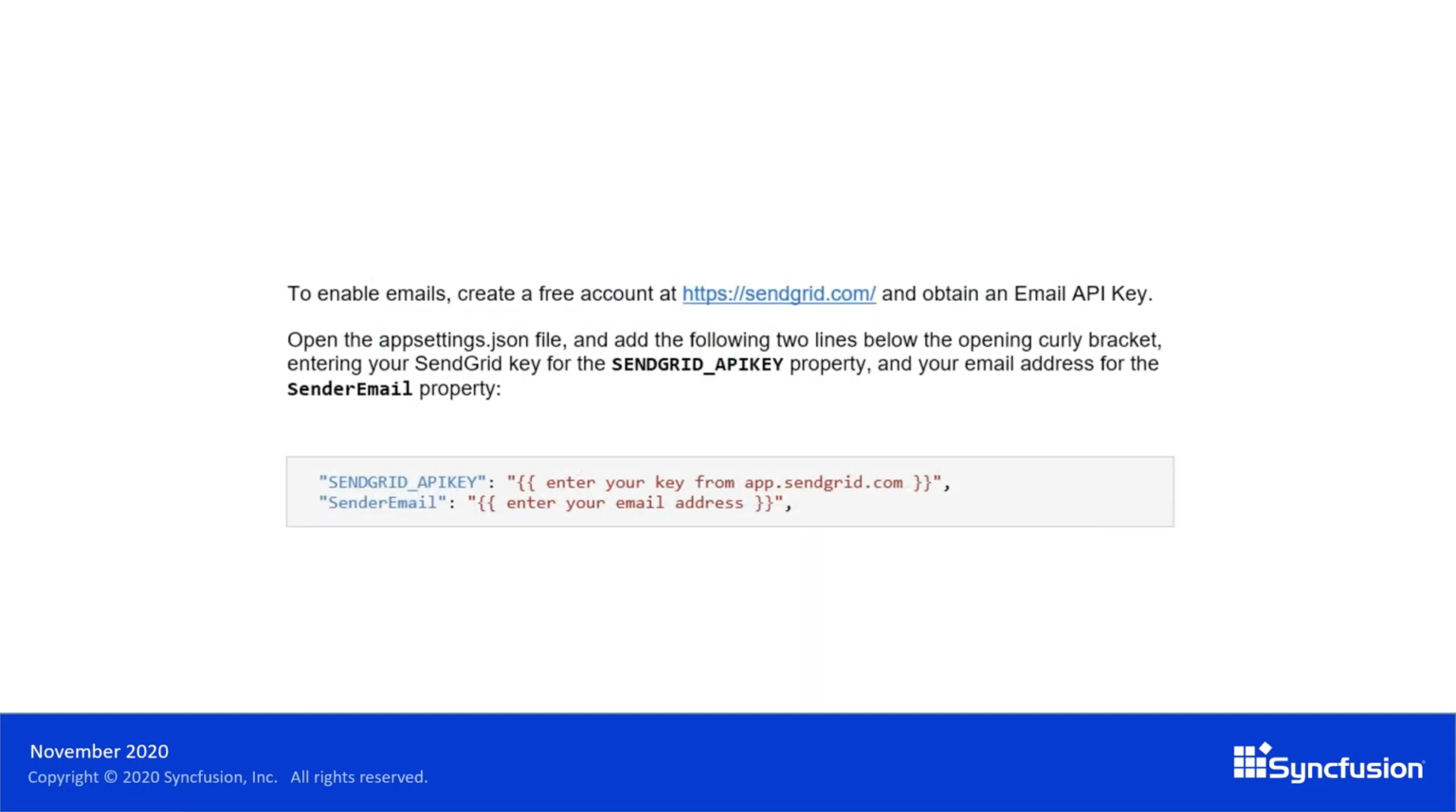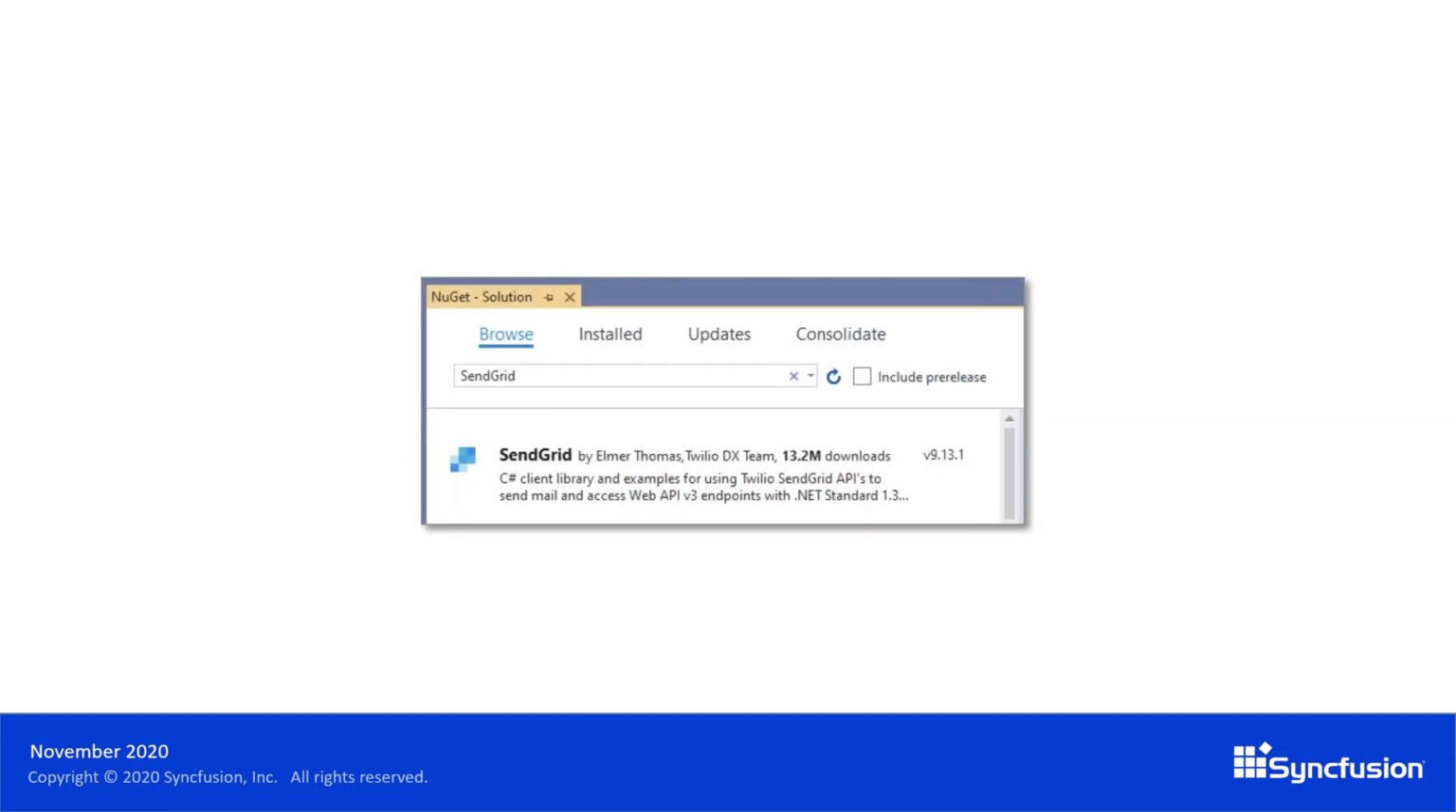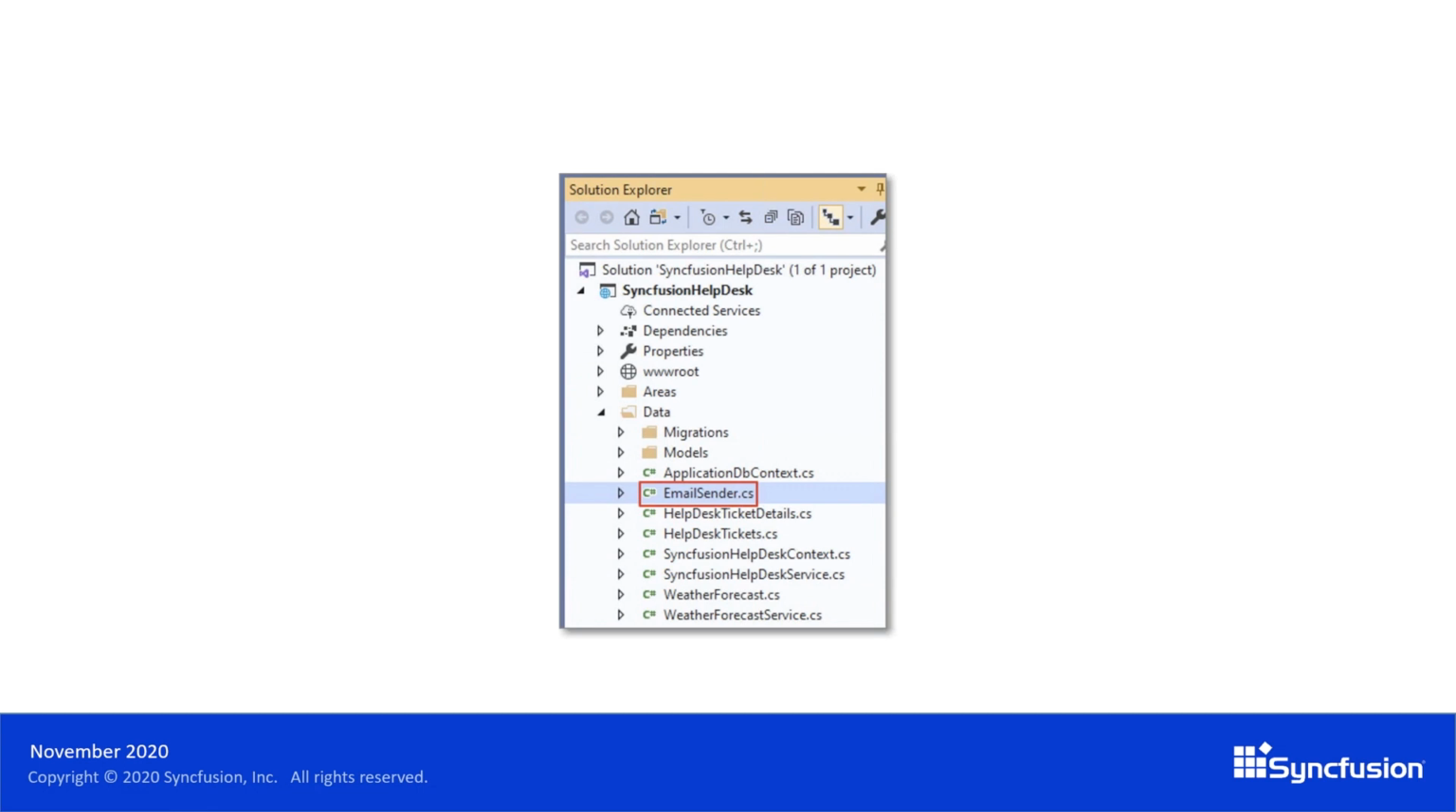To implement this, if you go to SendGrid, you can get a free license key. I think it allows you to do like 30,000 emails a month or something. So you can go there, get a free key, and in the sample code, there's a property in the app settings where you can put in that key and your sender email, and that sets that part up. To implement SendGrid, you just install their NuGet package, and then we're going to create a file called emailsender.cs,